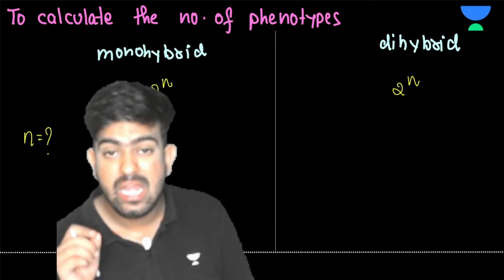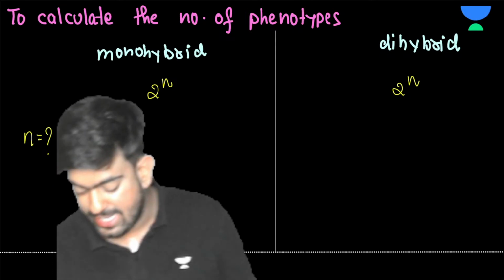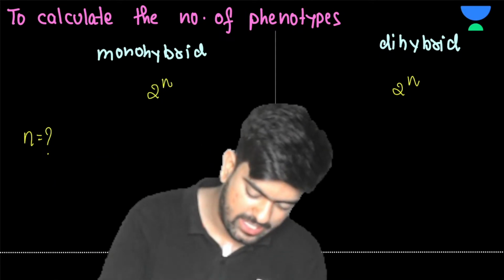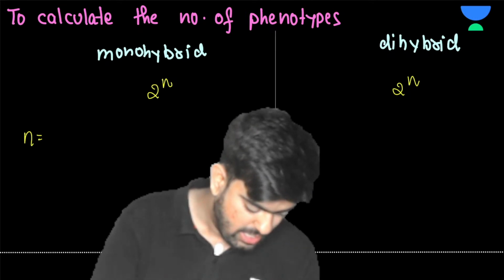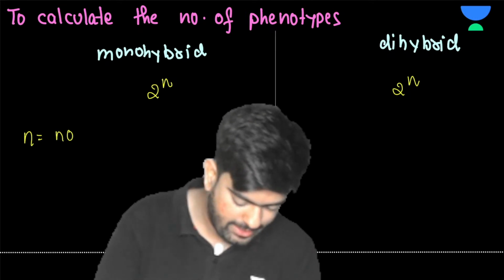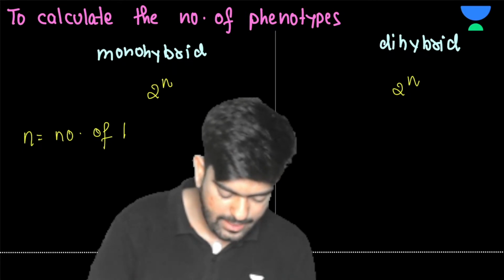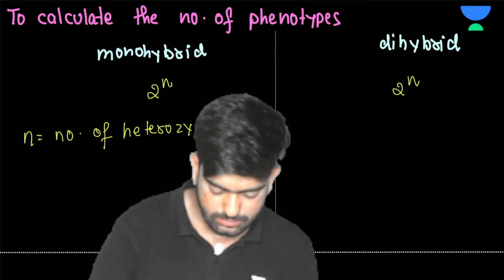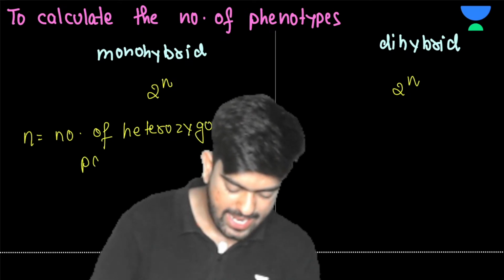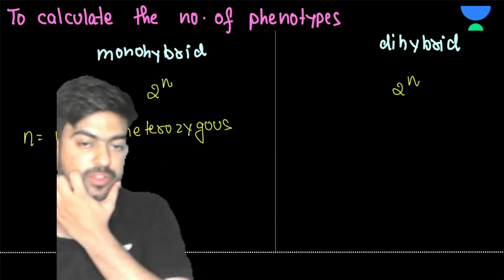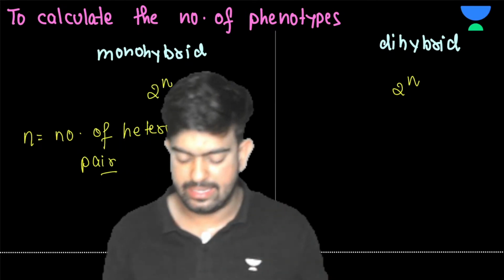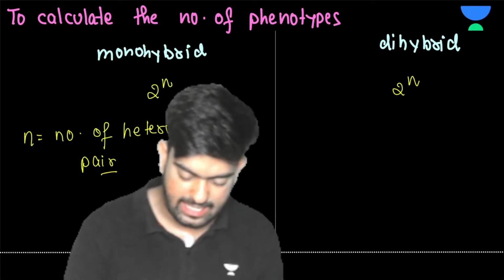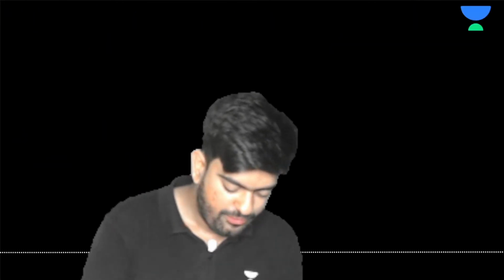N is the number of heterozygous pairs. So we are able to find N. What is N? The number of heterozygous pairs. Clear? Okay, great. Now, suppose I give you the question, find the